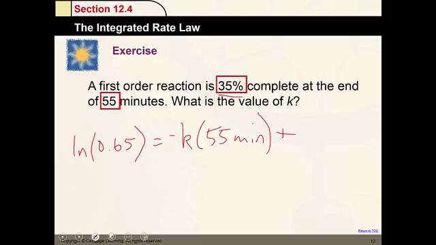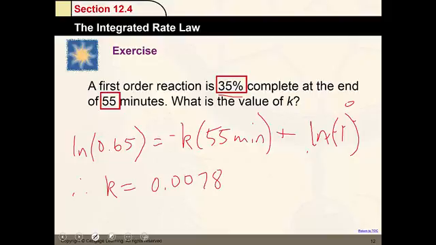And then the concentration at time zero, the reaction hasn't occurred yet, so it's 100% unreacted, or if we're converting that to decimal form, 1. And always the natural log of 1 is 0, so if we're adding 0 plus anything, we can ignore it. Okay, so here that means we're taking the natural log of 0.65, dividing by negative 55 minutes, so that means k, this rate constant, is